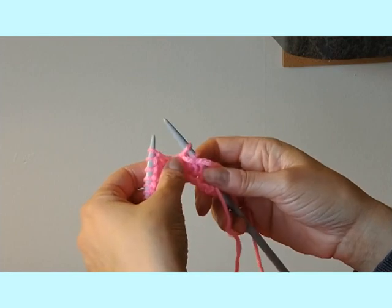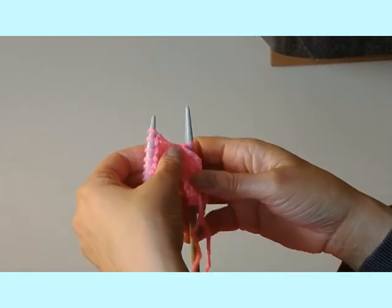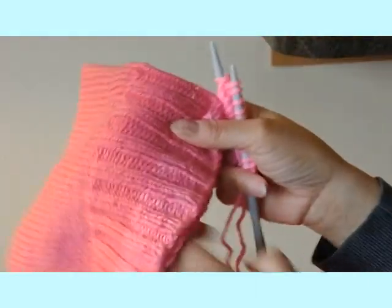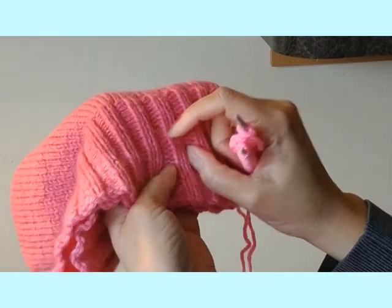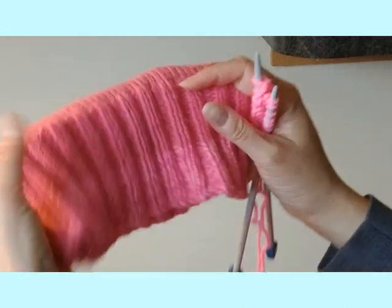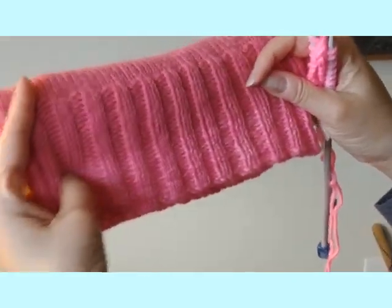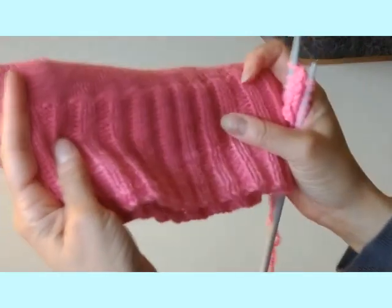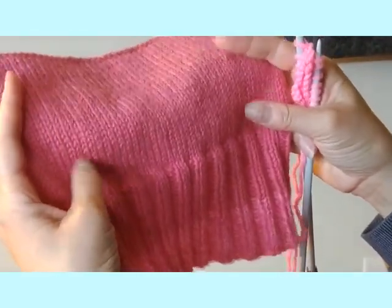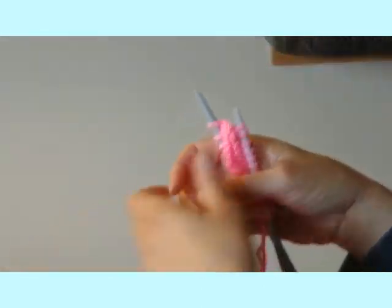Okay, so the last thing we did was to talk about the ribbing. And so what I did on my hat was I knit 2 and purl 2, knit 2, purl 2, knit 2, purl 2, all the way across. And what that does is it gives you a nice stretchy band to hold it to your head. And then when you transition to knitting on one side and purl on the other side, it creates the little pointy thing for the hat. So to do ribbing,